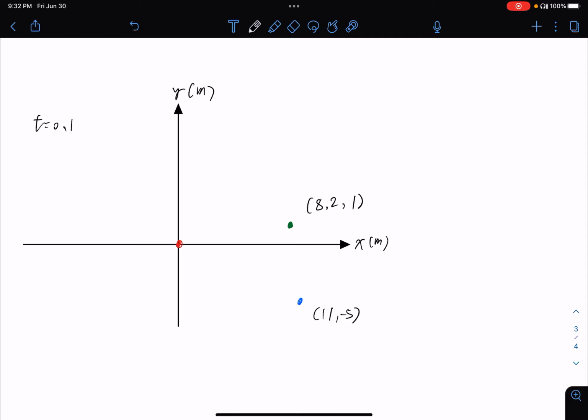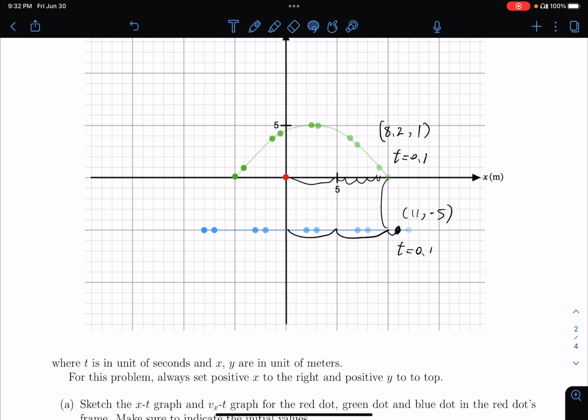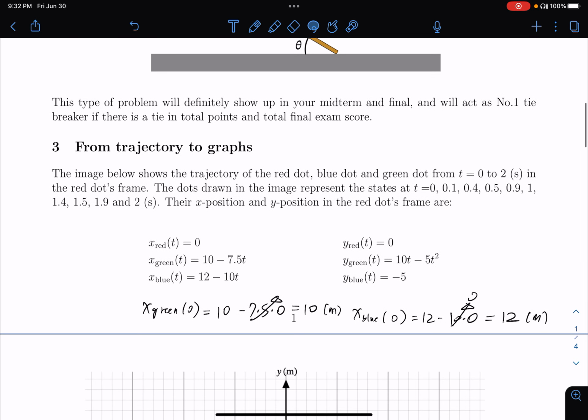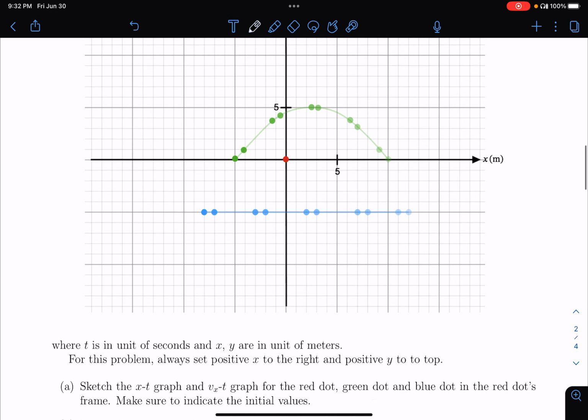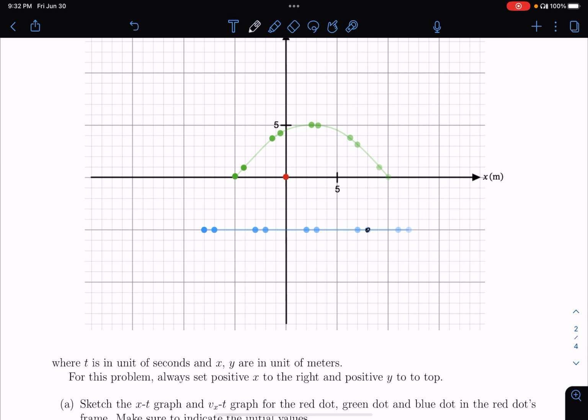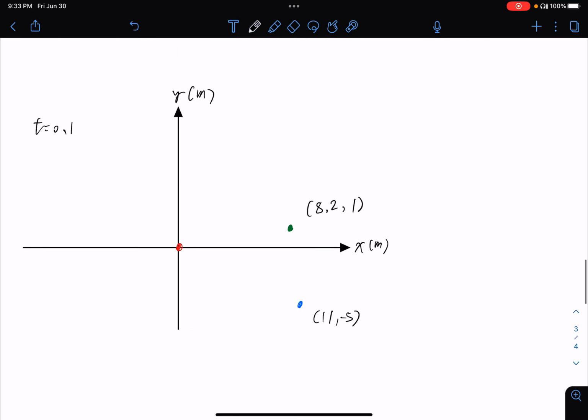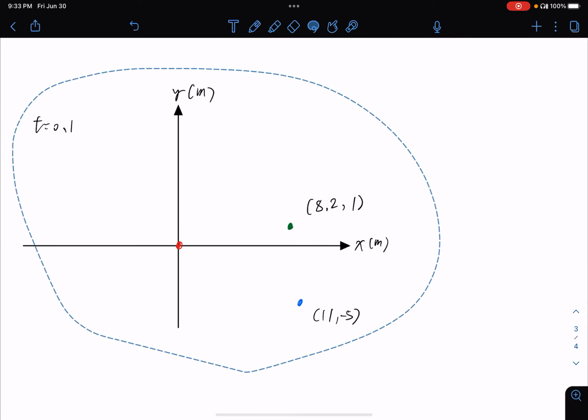So this is what the thing looks like at t equals 0.1. Let's do the thing again. Next one is t equals 0.4. So for 0.4, the blue dot becomes here, and the green dot moves to here. The blue dot is again 5, 6, 7, 8. It is at 8 and -5. So the blue dot at t equals 0.4